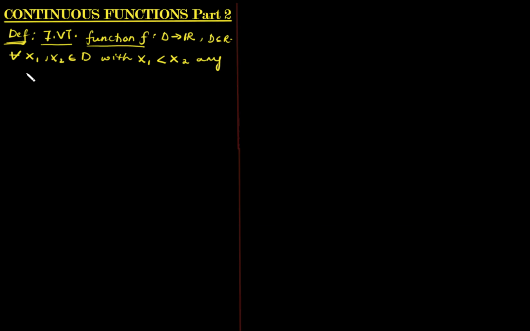So let's say any real constant, let's call that k, and let's say k is between those two values, that is, when you plug x1 and x2 into f, f of x1 and f of x2,